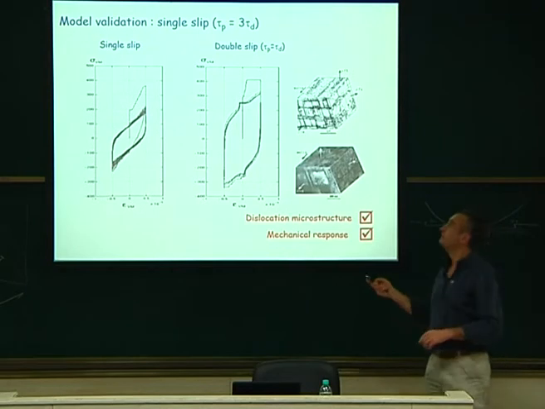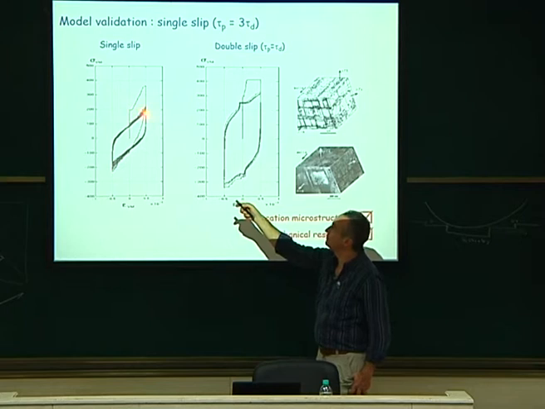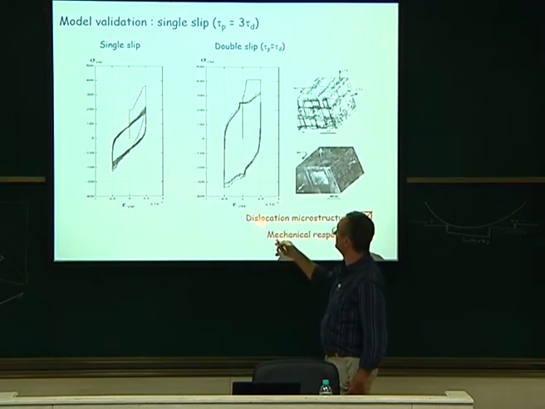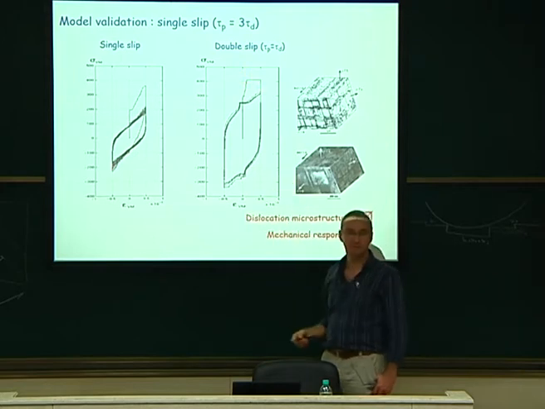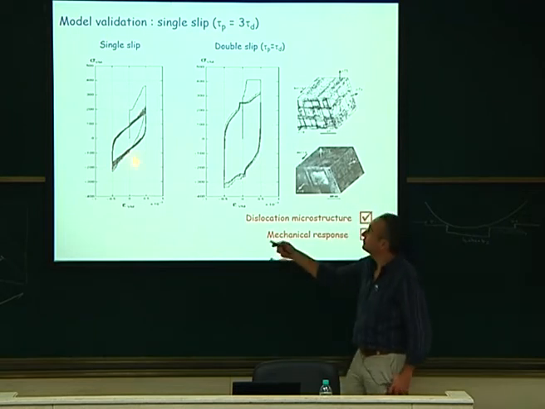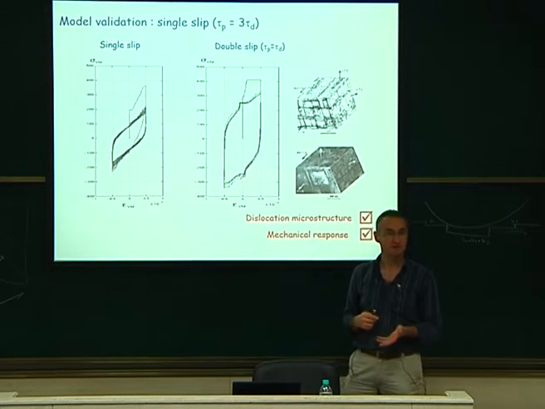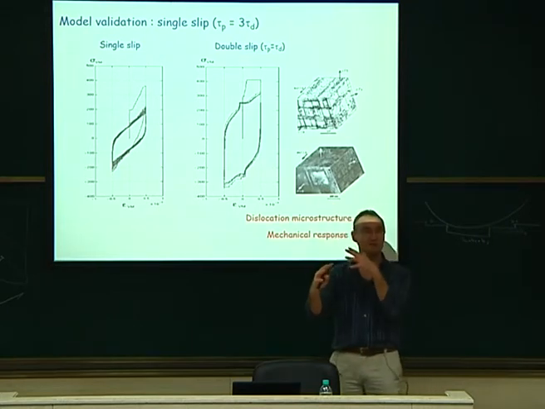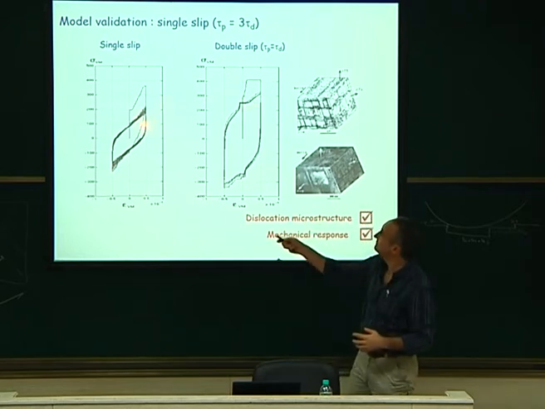One more comment. Here, the mechanical response, you see it's 300 megapascal. This one is only 200 megapascal. The amplitude is the same. Why is this bigger? Do you know why this one is a lot bigger than that one? Because of cross-hardening, exactly, yes. Remember, we spoke about this hardening matrix. Now, here you had a single system, a little bit of the second one, but very few, active. So it's like pure shear, few forest dislocations. Here, both are moving at the same time, and of course, they interact a lot, and it's harder to move. And this is the hardening that you observe here.